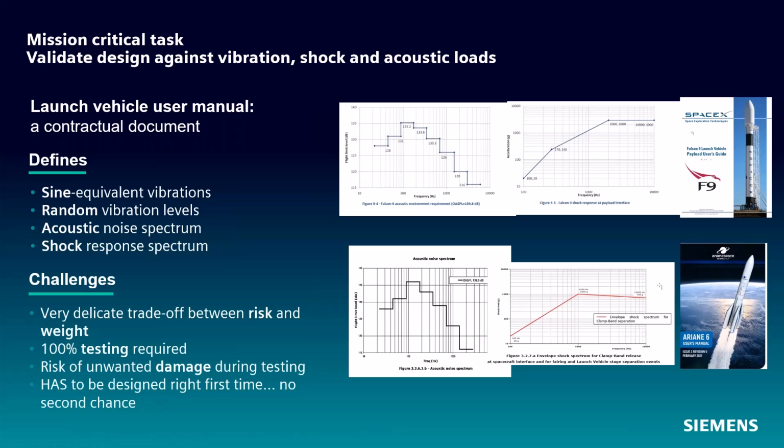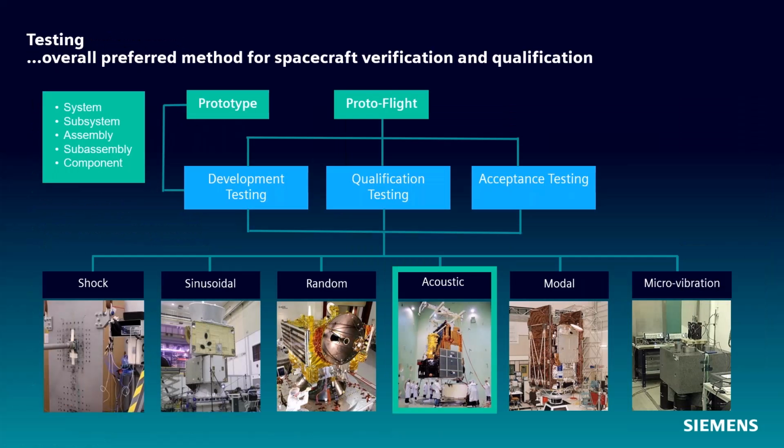You don't get to bring a satellite back into the shop and fix it once it's in space. And if it gets to space and it's broken, you have several $1,000,000 chunk of space junk that's just floating in orbit. So we do all this testing to avoid that problem. And today we're going to talk about specifically the acoustic portion of the testing, but we go through all of these different tests for spacecraft verification and qualification.